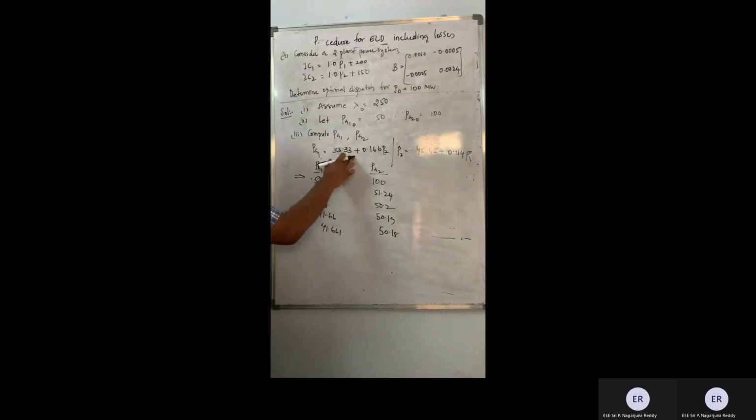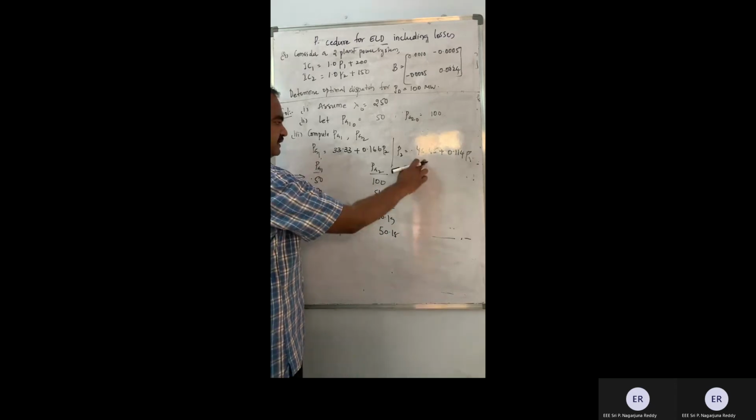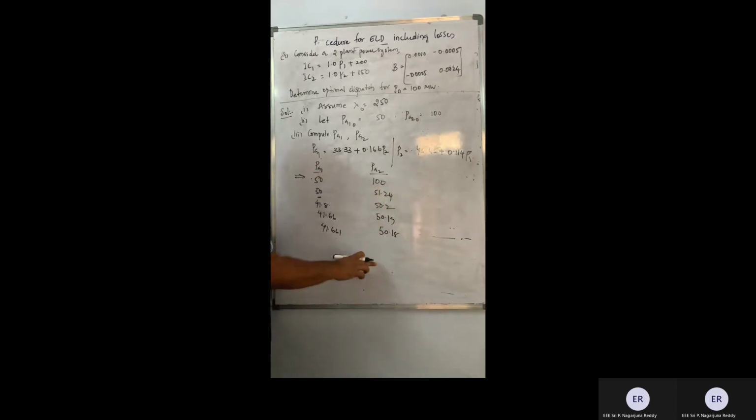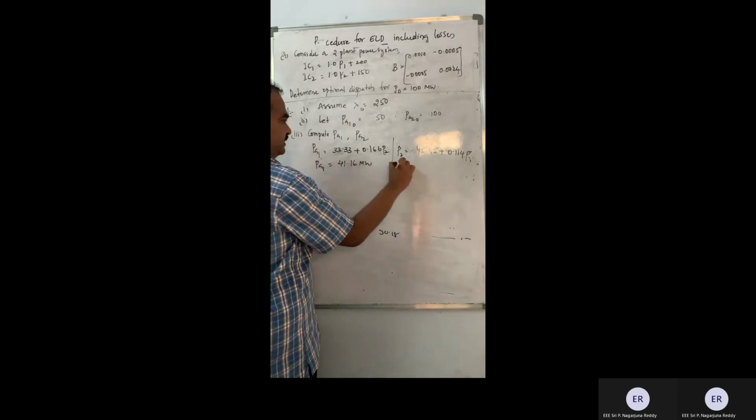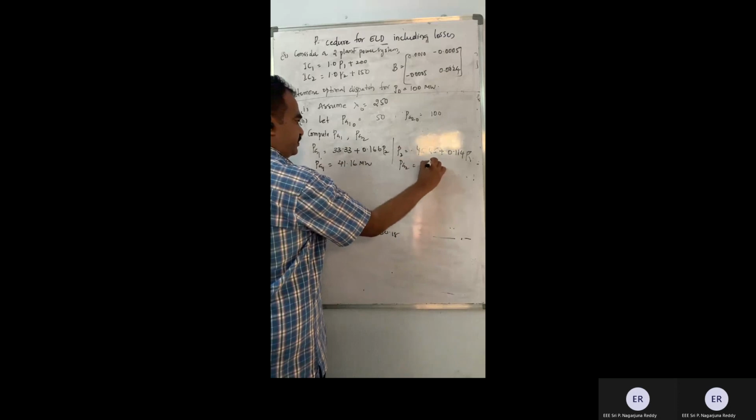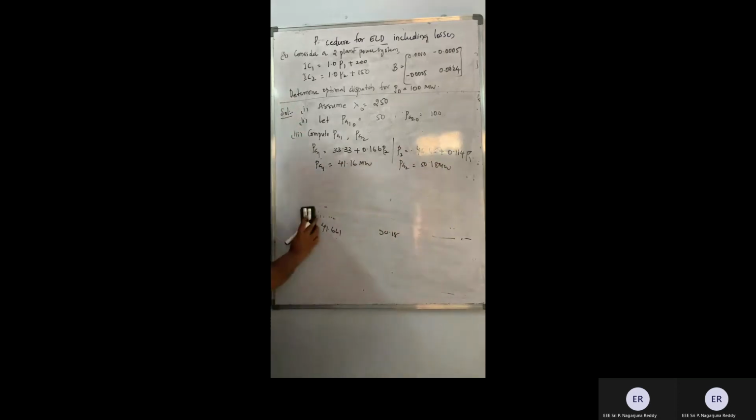So with the initial values, I have applied PG2 here. Again, PG1 is done here. Again, PG2. Again, PG1. So I am employing only these two equations to solve it. Now, if you carefully check, the values have converged. So what are the final values now? PG1 is 41 and PG2 is somewhere around 50.1. So now I'll finalize these two as mine. So compute PG1 and PG2: PG1 is equal to 41.16 megawatt and PG2 is equal to 50.18 megawatts. So third step is completed.